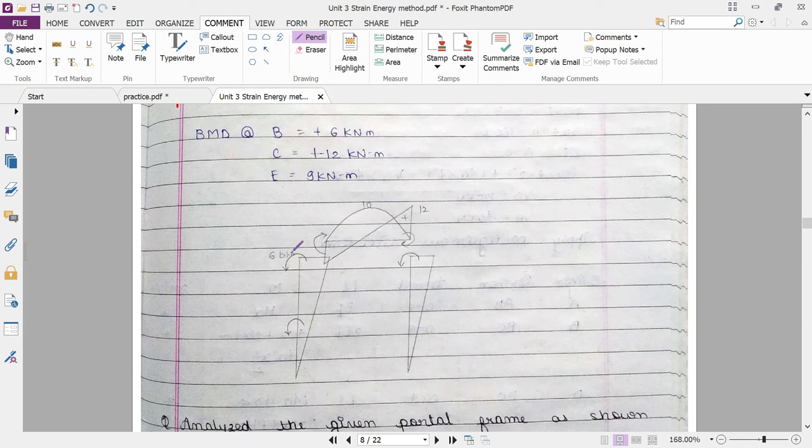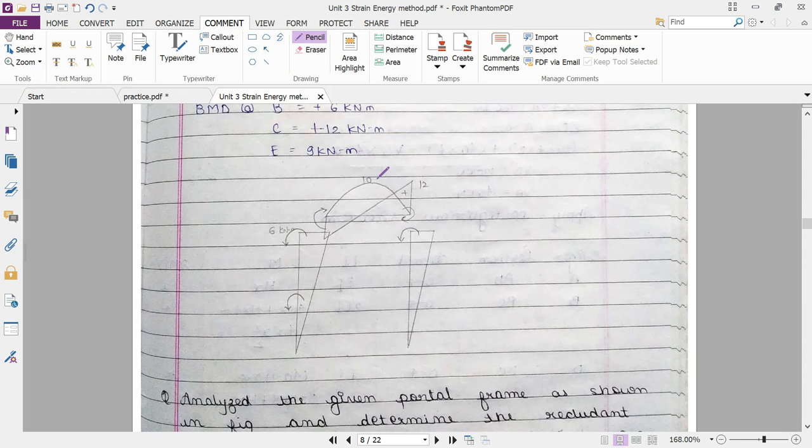And then finally we have to plot the bending moment diagram on the tension side. First of all, based on this plus minus criteria, you have to draw this arrow, either clockwise or anticlockwise, and then in the direction where the tension is, you have to draw your bending moment diagram. So these are the typical bending moments that develop in the column section, and these are the bending moments that develop in the beam section. So this is a particular example.